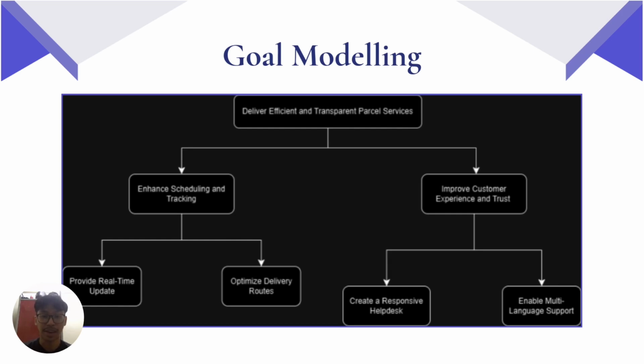So next, what we have here is the goal modeling for the parcel delivery tracking system, which is designed to achieve our primary objective, which is delivering efficient and transparent parcel services. So to break this down, we have structured our goals into two main sub-goals. So the first sub-goal is enhancing scheduling and tracking. So technically, this part of the system is designed to provide real-time updates on parcel location and status. By doing so, we ensure transparency for both senders and recipients while allowing them to proactively resolve any issue that